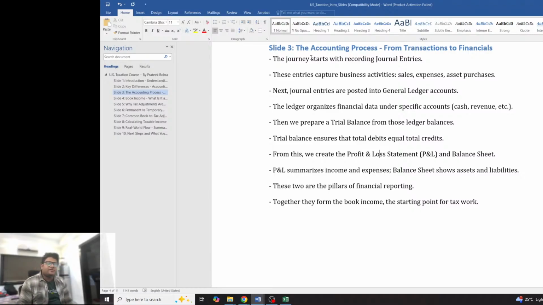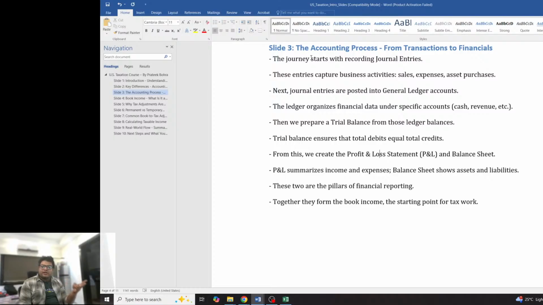Now, once you have received that trial balance, you must understand what a trial balance is. Trial balance is all the accounts from the general ledger, the ending balances of the general ledger, posted into a statement. Now, the total of the trial balance will always be zero. And why is that? Because, as I mentioned before, general entries are two-sided entries. One is going to be debit, another one is going to be credit.